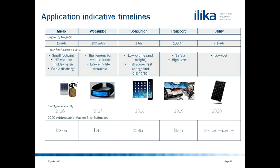We're actually focusing on some of these earlier markets which have, let's say, more favorable gross margins that you can achieve. Then, of course, we get to the goal that Toyota is chasing with transport, with hybrid vehicles and electric vehicles. They're much larger batteries. Typically for an electric vehicle, you need 100 amp hours of energy storage, which is quite a chunk. And then finally, of course, it'd be very interesting if you could combine these solid-state batteries with photovoltaic panels so that you can store energy from these